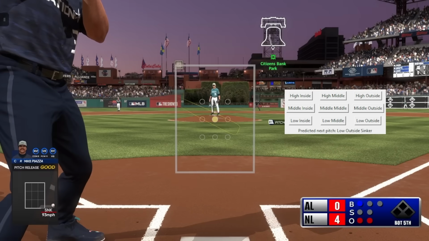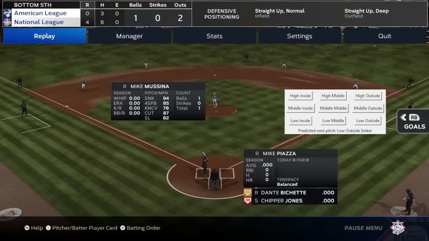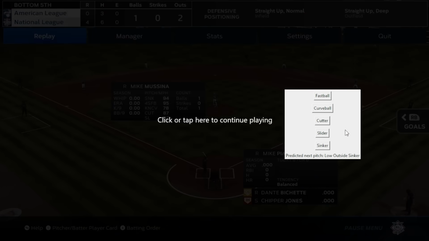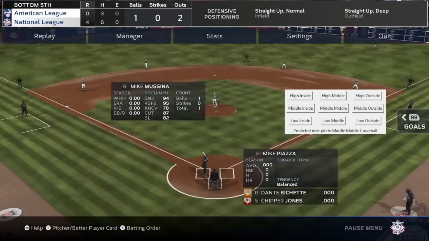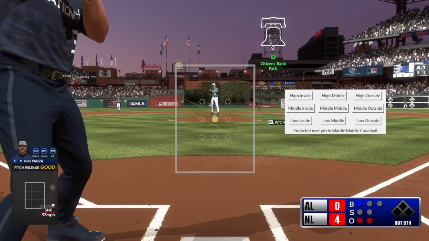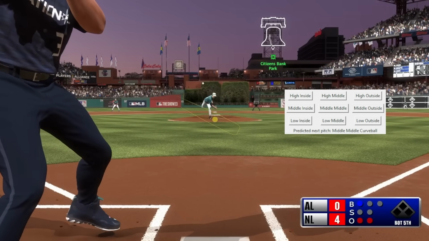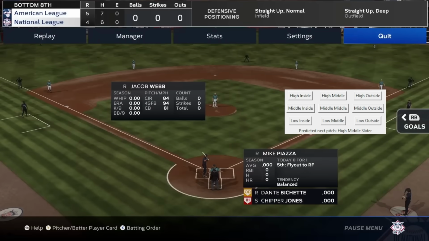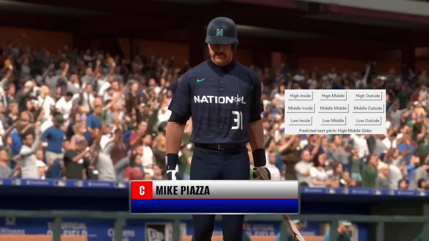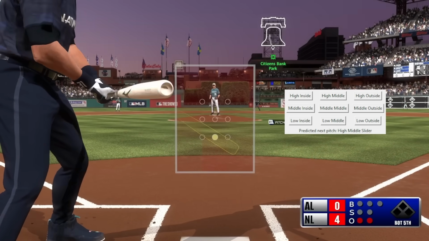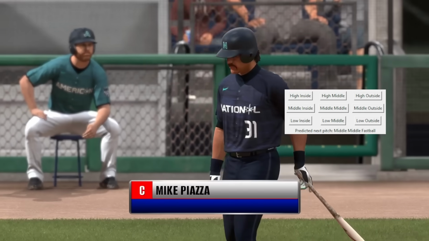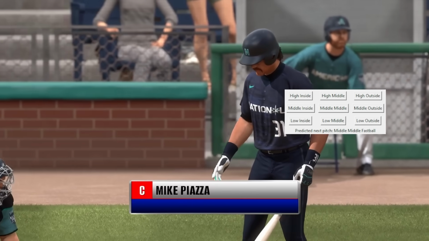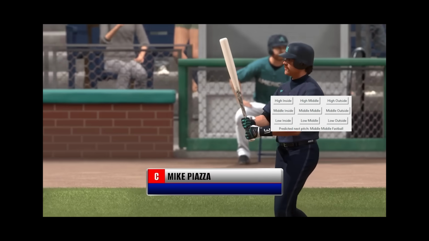It is a low outside sinker. Actually, if you looked there, that prediction was correct from the last game. And then now it thinks following that is a middle curveball. So of course we sit middle and see what happens. It was a high outside fastball. So the plan is just to repeat this over and over, and the more I do it, the better the predictions should become because it has a larger data set, and the larger the data set, the better this machine learning algorithm can work. I will say, while I have noticed that this isn't predicting perfectly, hardly 10% of the